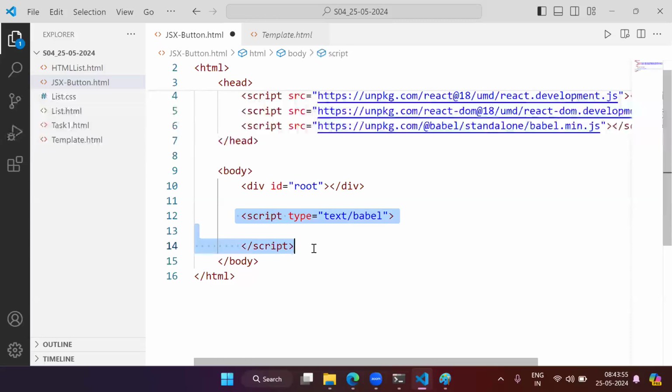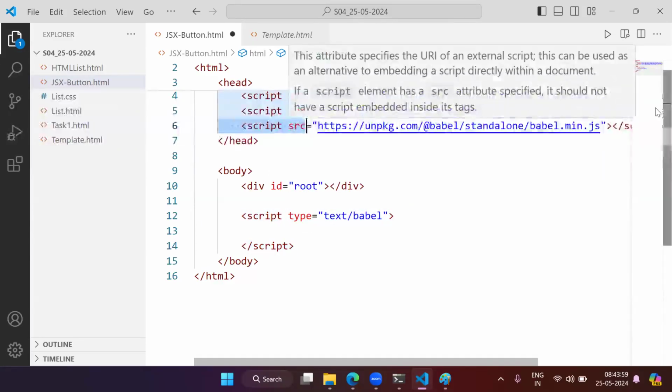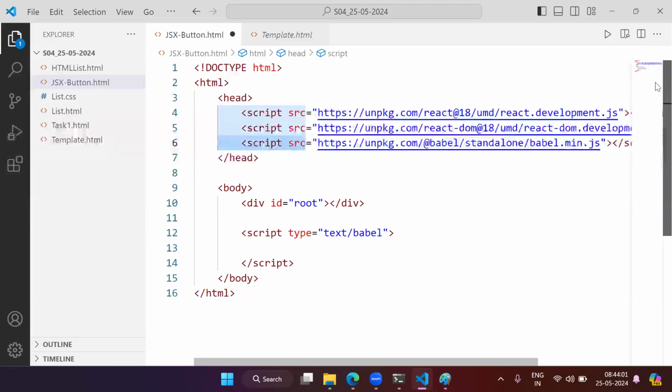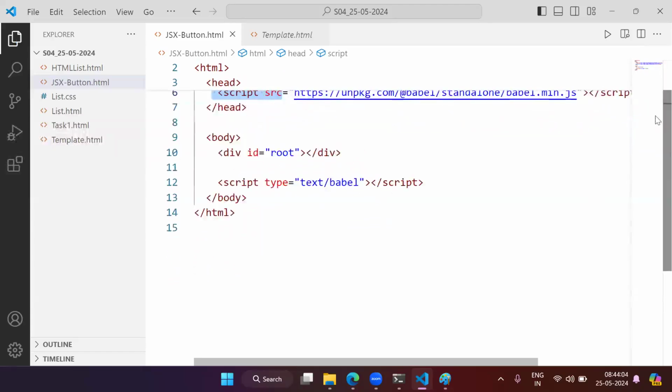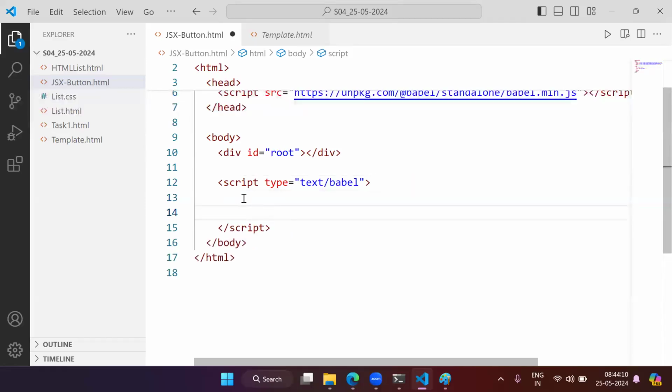So to this script tag, we have to add this attribute, and that script tag we have to paste here. That's it. Now, once you have done this much configuration, inside this script tag, I want to create one h2. This time I want to create h2 using a JSX element. How to create it? Simply create one variable with whatever name you want. I am just saying here container